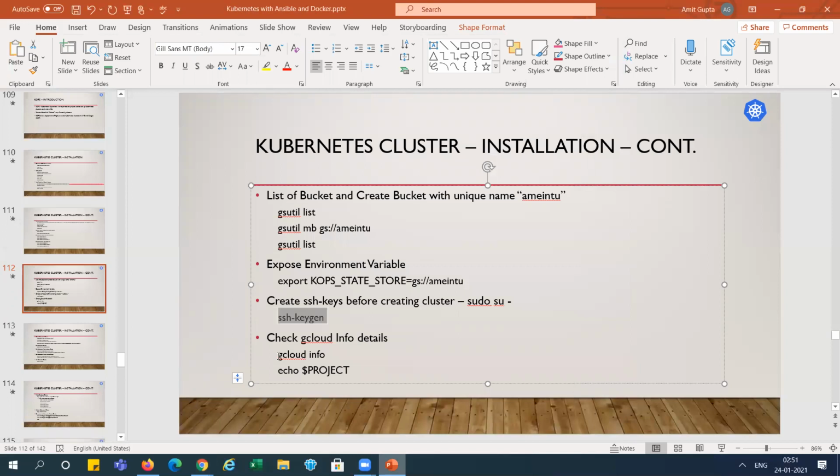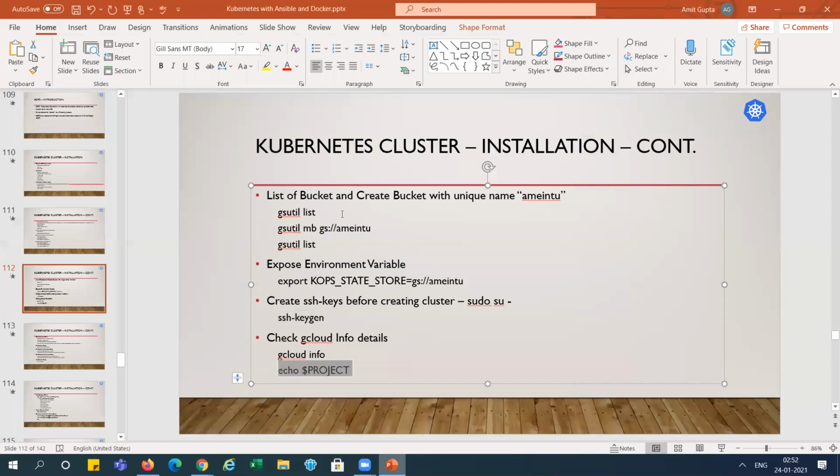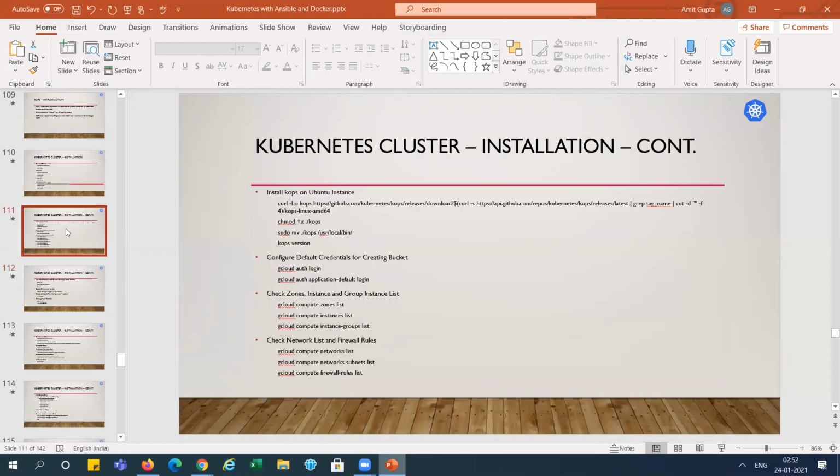Now if you want, we can check which project we are using. You can see here no project. It means our project is not set, right? We are not getting any project, so I think we need to set our project.